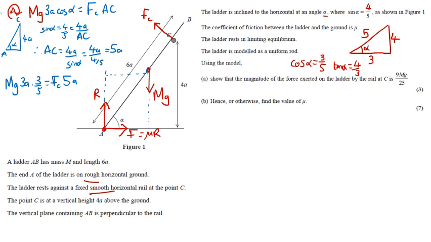So we can do some cancelling. We can cancel out the a's on both sides and then divide by the 5. So I'm going to have Fc is equal to mg times 3 times 3 is 9, and then divided by 5 and divided by another 5, so 9/25, which is what we want to show. That's the first part done. Hence or otherwise, find the value of mu. So now that we know that value, let's